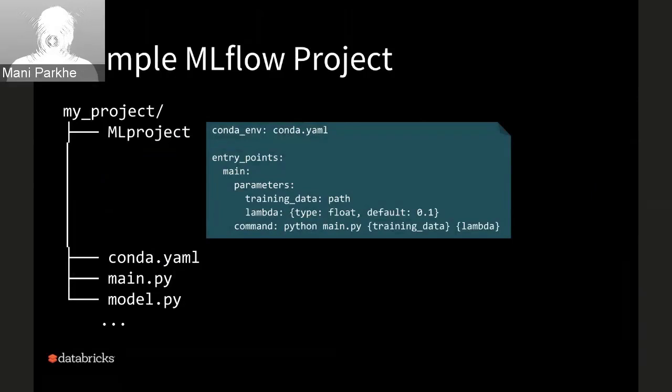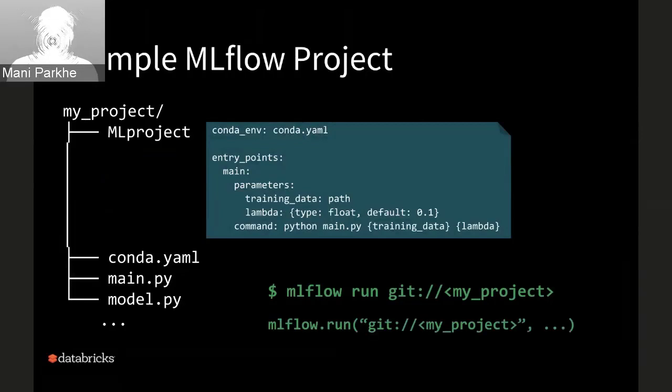So how does somebody do that? Through a command line, mlflow run, followed by a GitHub repo, or it can be a link to this local directory structure. If you want to do this programmatically, there is mlflow.run, a Python command to do that. So with a bunch of cluster specifications, you can run this on a cluster as well. So very simply, you can do all your local training, package it up in this format along with a conda environment, and then you're set to go to run this on the cloud.